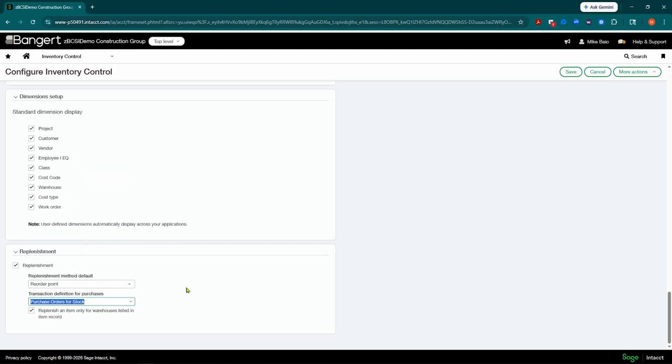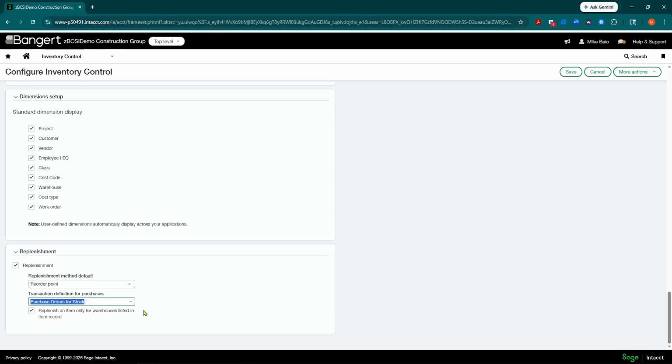So basically, when we get into the workflow and generate the reorder, it's going to automatically create purchase order documents right over in this area in Sage Intacct. You do have one option here. You can determine, when I generate my reorder, whether to generate it for items for every warehouse or just for warehouses that are listed specifically in the item setup.